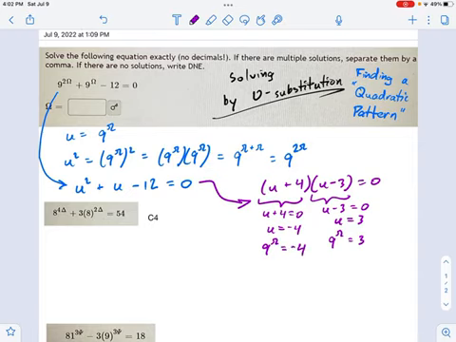Now right here, this one is impossible, because you cannot raise something to an exponential power and get a negative. You can't raise 9 to any number and get negative 4, and you can play around with your calculator all day long. You will not come up with anything. But this one over here on the left, that's useful. I can do something with this.